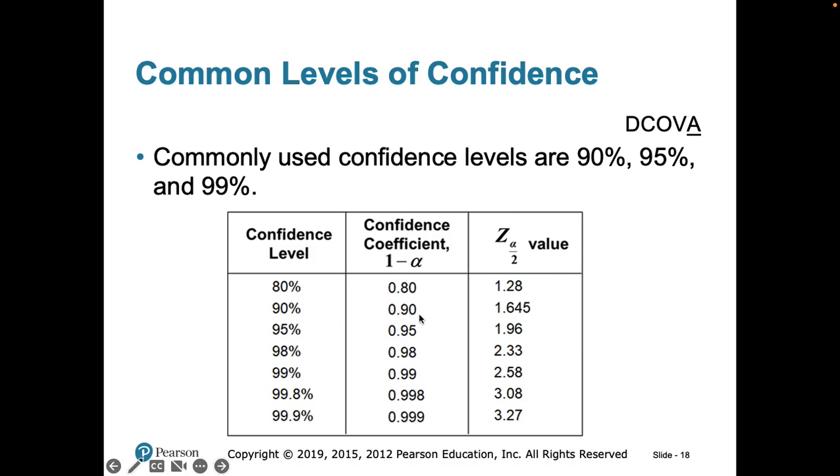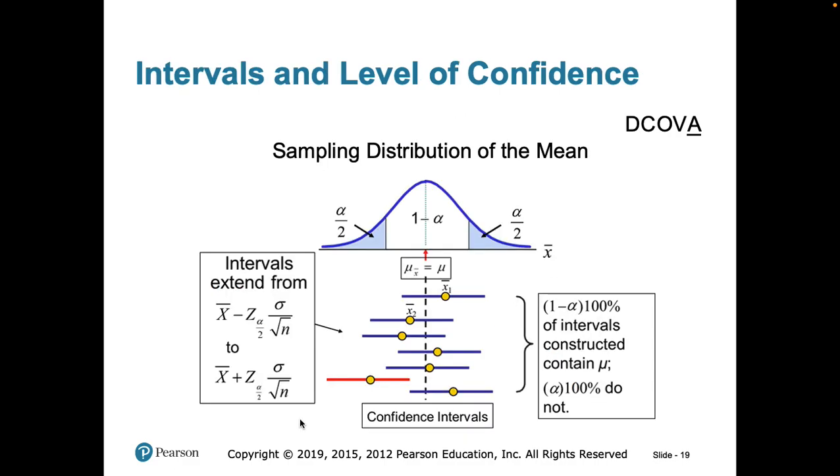This is the one that we're going to be using the most, the 95% confidence interval. And the Z value, you can memorize this right now, is 1.96. This is the one that we'll use the most. Sometimes those values get pretty high out there. But again, look at this, it's very close to 100%. So again, 100% is useless, 99.9% is also not useless, but it's very wide. So keep that in mind.